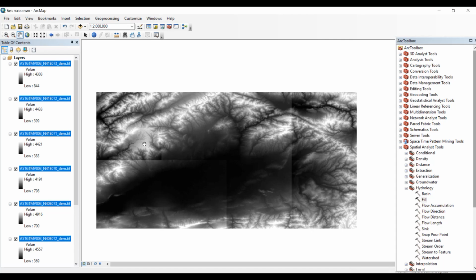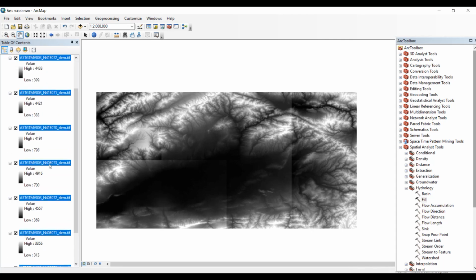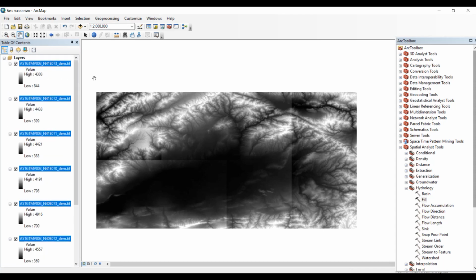So when we already downloaded all our digital elevation model for our study area from the Earth data website, we need to open a blank ArcMap document without any name because it's temporary and we don't need it in the future. We just need to calculate factors that we need